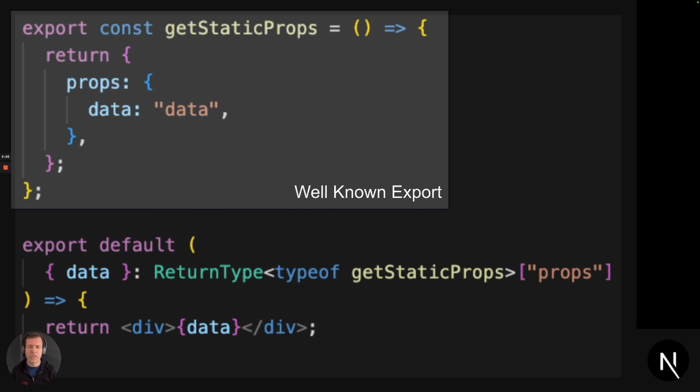Nobody is referring to this particular thing, and yet the system kind of works. And the reason it works is because at runtime, using reflection, Next.js can look at the file and say, hey, does this file export this special method? And if so, I am going to call it. And whatever this special method returns, I will pass on to this component right here. And this is why we say this is a well-known export.